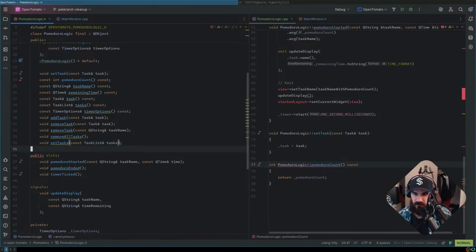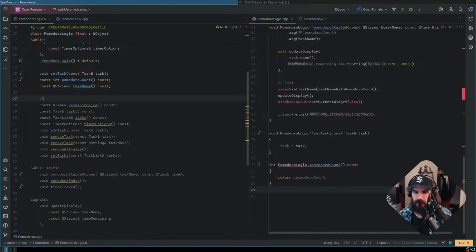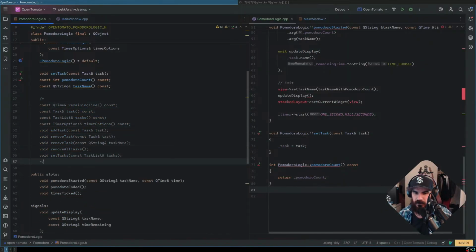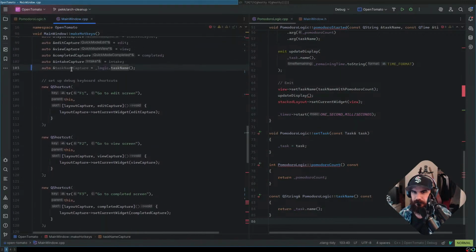I might. I'm going to comment them for now, but at least I didn't have to write all that. And we're just going to add in what we need. But I actually don't use this anywhere.